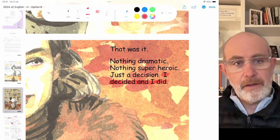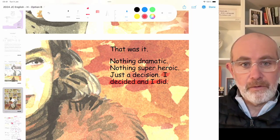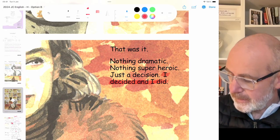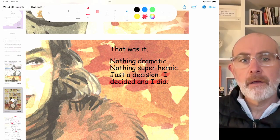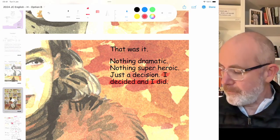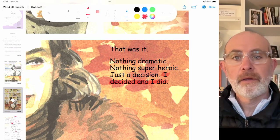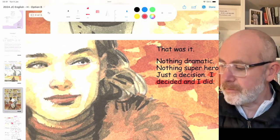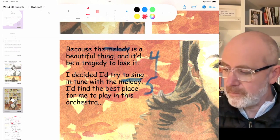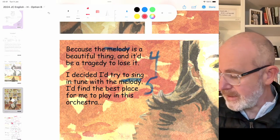Now, what I'm doing here is I have a file pad. And I'm going to write down a couple of lines on my file pad, and I'll explain why I'm doing that as I do it, okay? So I've just written down, I decided and I did, okay? Now I'm going to write down the fact that the writer has written the word melody, I think it's actually 6 times